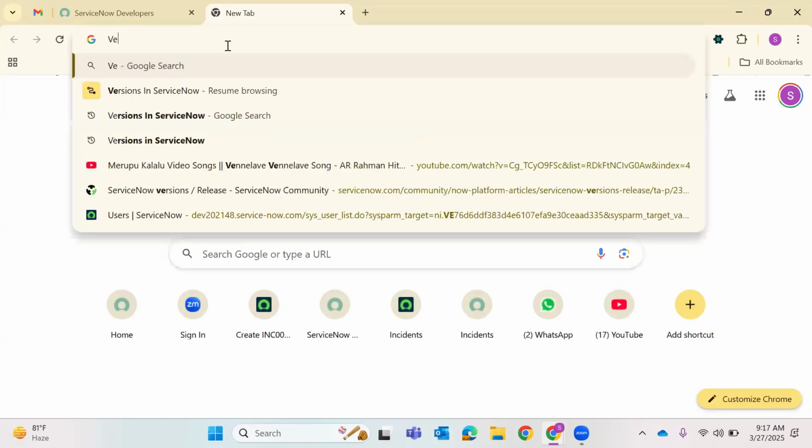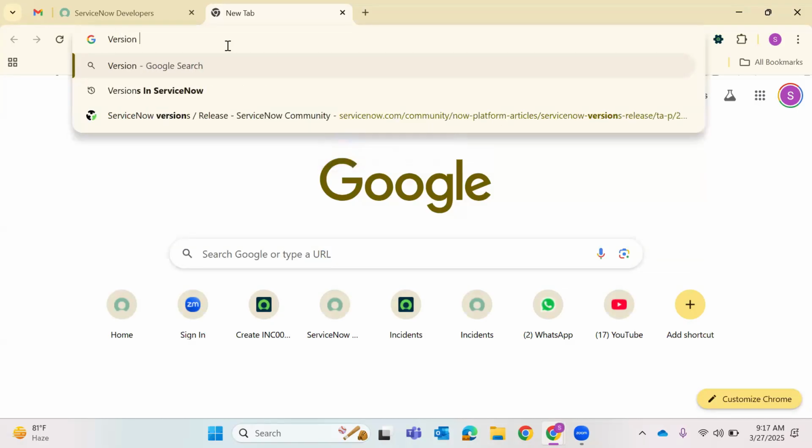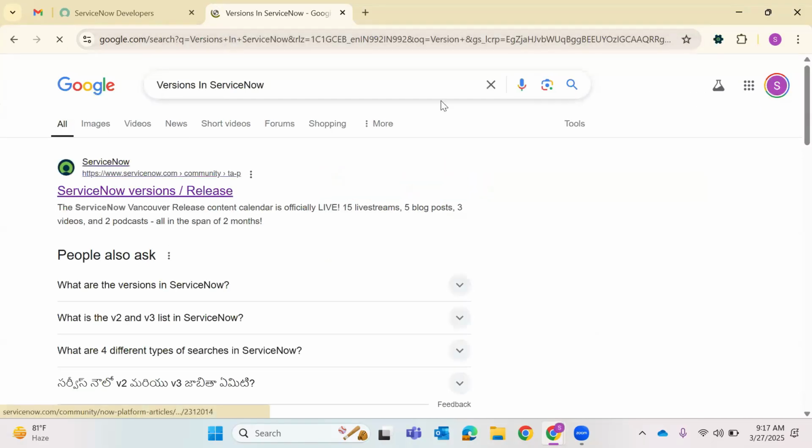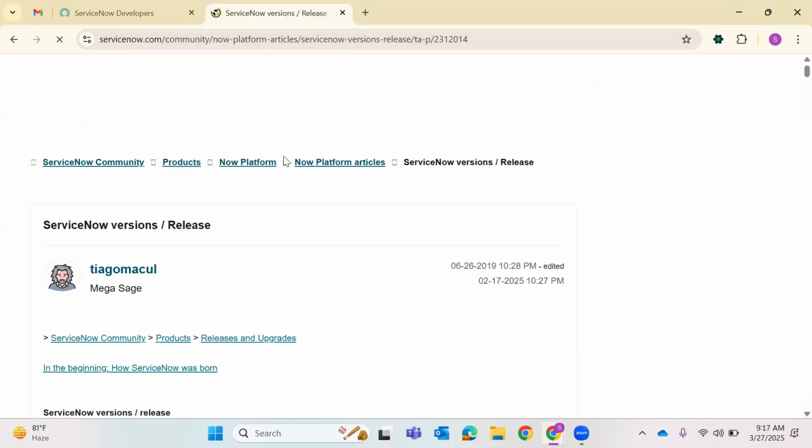So what are versions in ServiceNow? How many versions can we expect in a year? These things I'll be helping you out with now. The pace is fine, right? Yes, sure. That's it. Yeah, sure. So here, see,